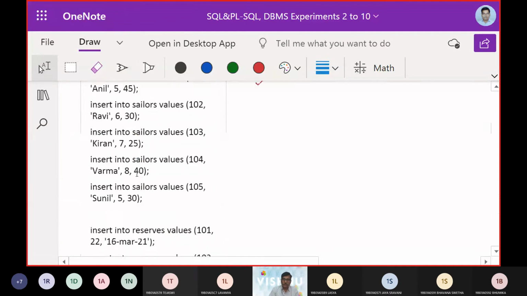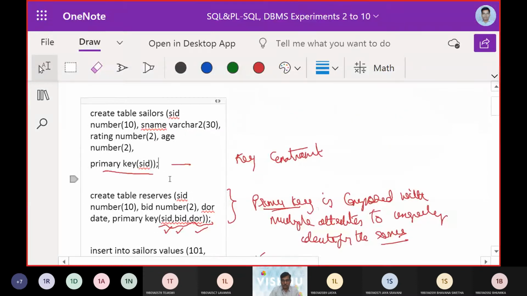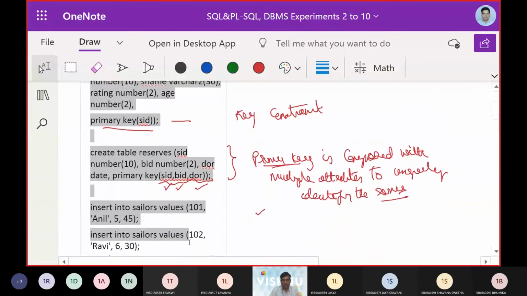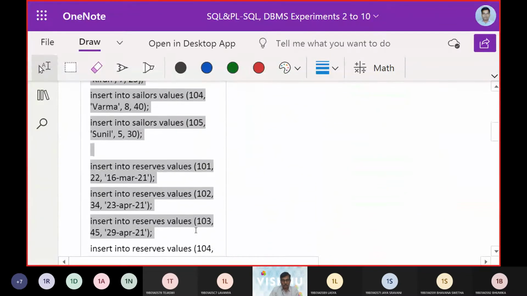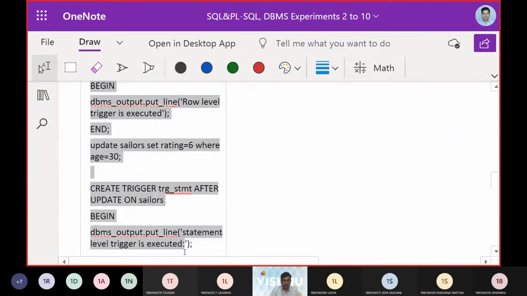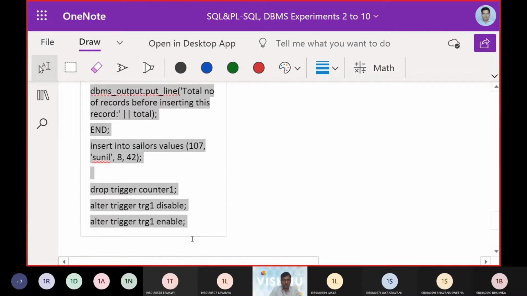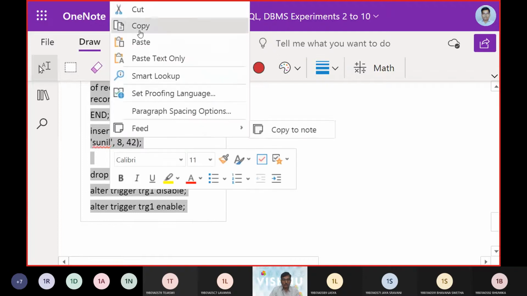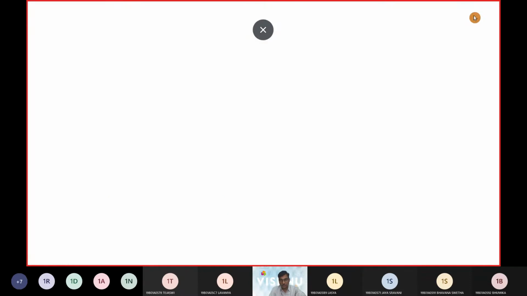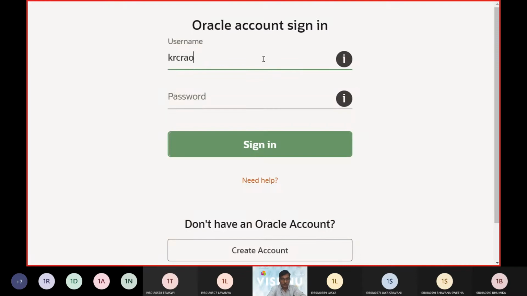I have already shared the live SQL and the OneNote link with you in the chat box, so you can work parallelly along with me, see that the things are getting executed, and work independently to change some queries. In this way it can be purely interactive, that is, you can even use the same notebook to deploy the answers after you get the content. So let us log in to the live SQL part.